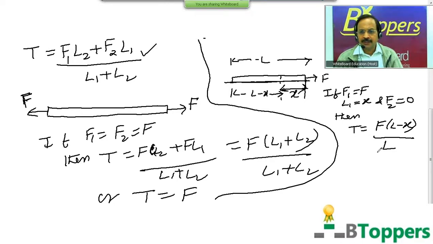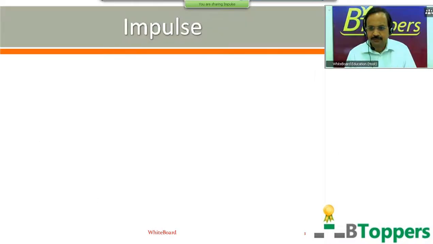So those who are interested can copy this working. Of course, I will be discussing a good number of examples on connected bodies in the assignment in Newton's laws of motion, which I will be showing in my next class. So in this class, I am next just going to discuss the term impulse and complete this class. In the next class, I will be showing you the assignment in Newton's laws of motion.